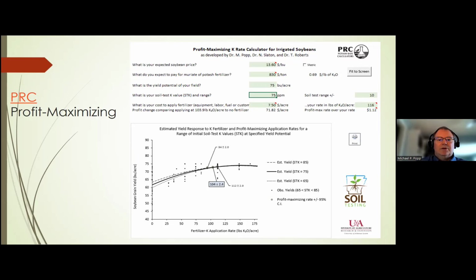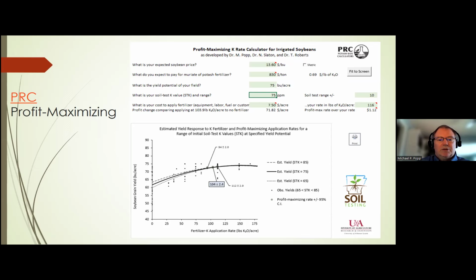So should I do it? The net effect is 13.60 minus 69 cents. You're gaining close to $13 for that extra pound of K2O, and you say, well, yeah, I'm going to do that. And then you see that the slope flattens. So you might get up to a half bushel per acre, about $7 per acre more, minus 60 cents, keep going